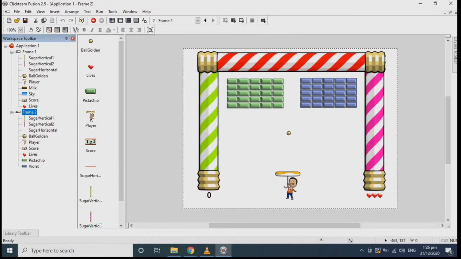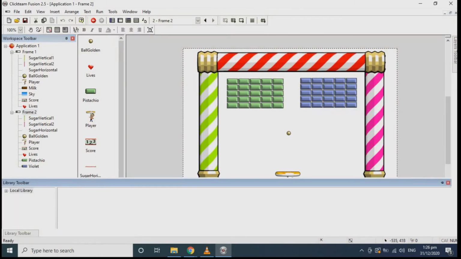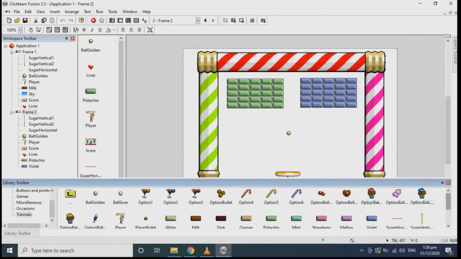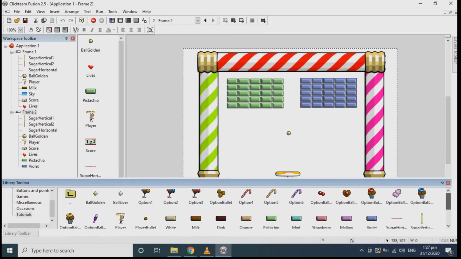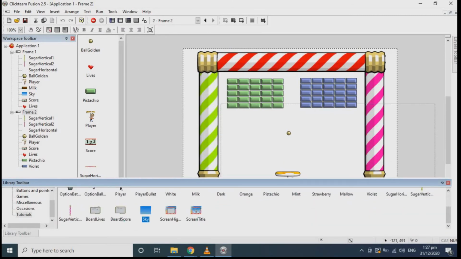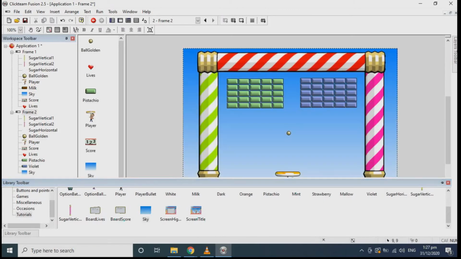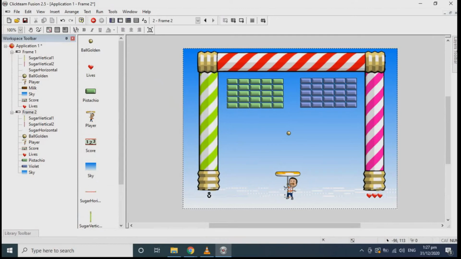And then we move on to our second frame, and it seems that we would have forgotten to add our background. So we can go ahead and do that now before we demonstrate the frames in action. Let's go over to the tutorials, and we would use the Choco Brick tutorial. So from within this library, we can go ahead and make use of the sky background. There it is. So we simply drag it up to our canvas and release,